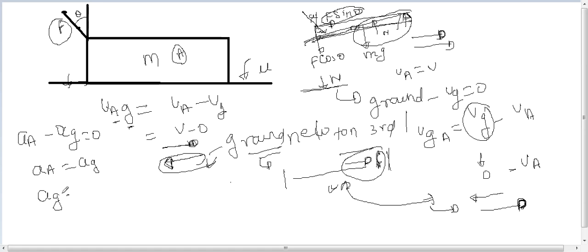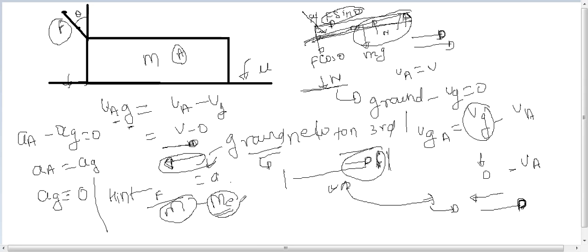Okay, think about it, think about mass. Hint, what is the hint here? F by m is equal to a, and this m for the ground is equal to the mass of the earth. Okay, and the mass of the earth is very large, so acceleration will be 0 practically. So the acceleration of ground is 0, so the acceleration of A